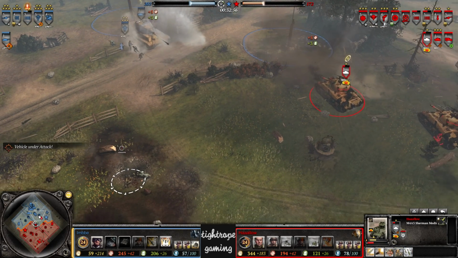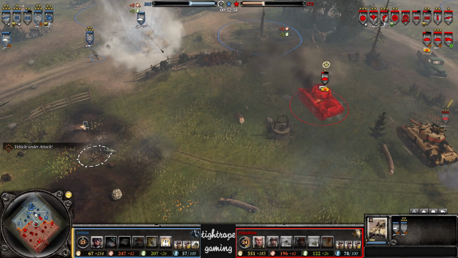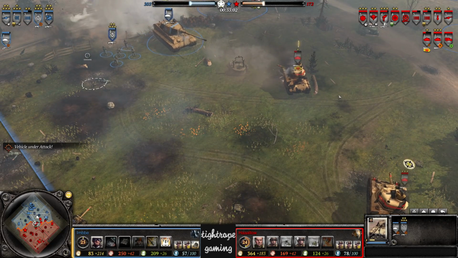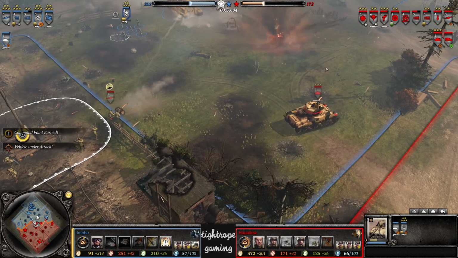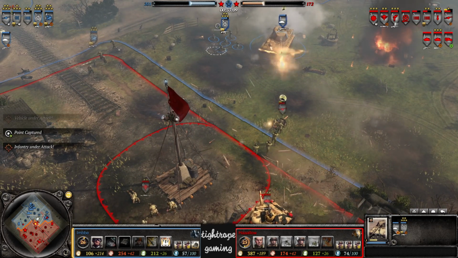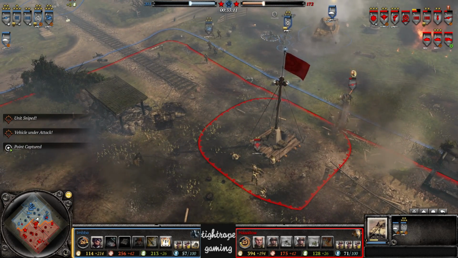This is another good time for this smoke. Smoke's out, maybe a little bit too close to the Tiger though. It's pretty easy for it to charge through that. You don't need to be smoking where you're reversing through. So this only blocks your sight for maybe like 2 seconds or so instead of